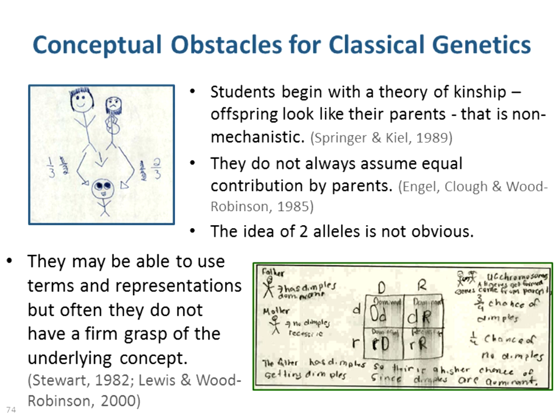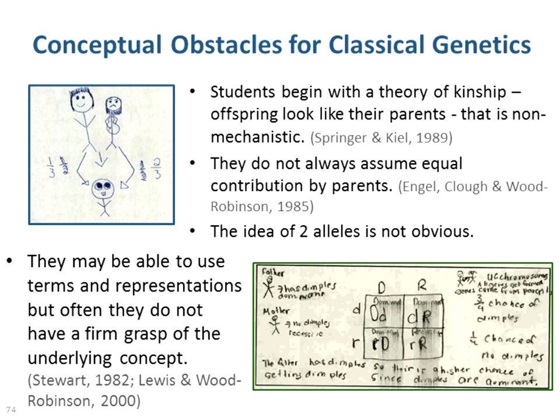And I've added some of our favorite little models. These are middle school kids drawing these pictures. We asked them to explain how traits are inherited, and these are the kinds of models you get. Kids in elementary have what we call a theory of kinship. They do understand that offspring look like their parents. They understand that a kitten is going to look like a cat, and it's going to look like the cat that's its mother and father, not like some other completely different looking cat. But it's not mechanistic, so they don't really understand why it looks like its parents.